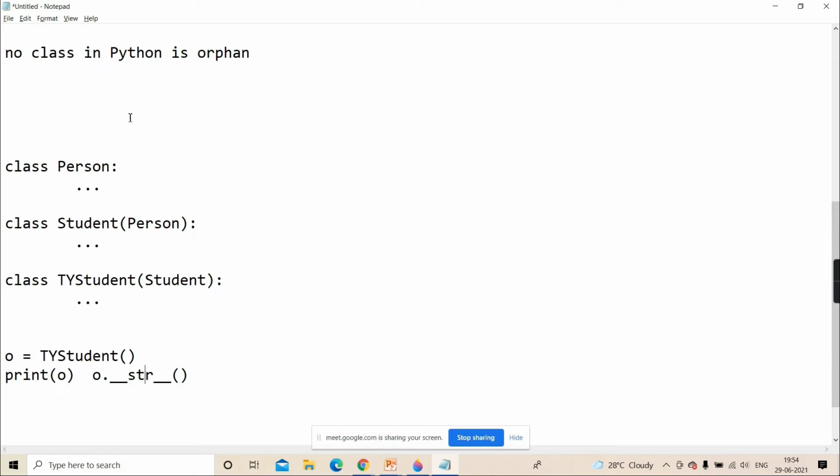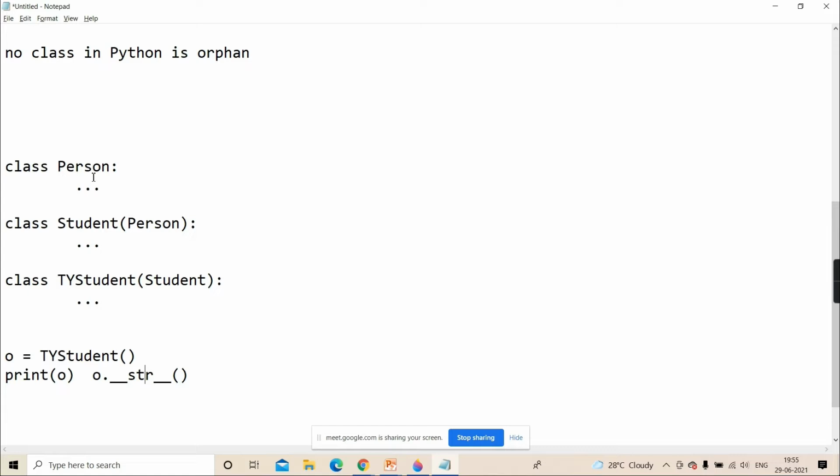And who is the parent of person? Object. And guaranteed in which class will you get that dunder method? Object class. This dunder method is surely present in the object class. Okay, but suppose in this whole journey, if it gets this str method in any of these classes, it will use that one.